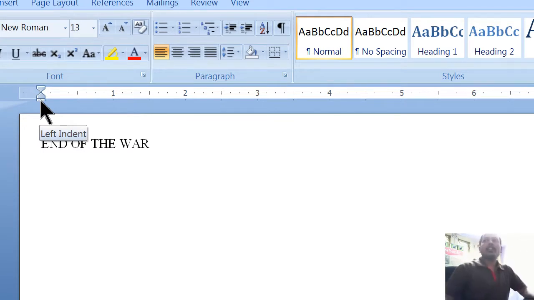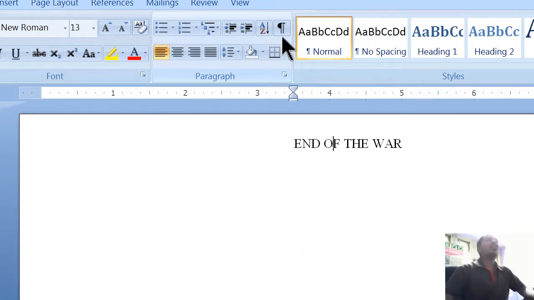Different purpose, different indentation. To move this, just click on left indentation, drag and drop like this wherever you want. Apply show hide tool button. Is there anything? This is only the current working method. Nobody will do like this, right? Once you go into rejection, who will apply left indentation to move the heading? Nobody will apply. I am not saying that it is incorrect way. How to move forward only I told you.